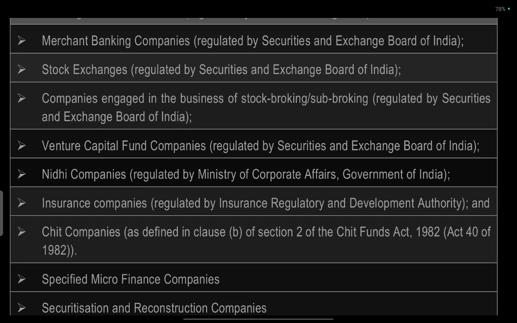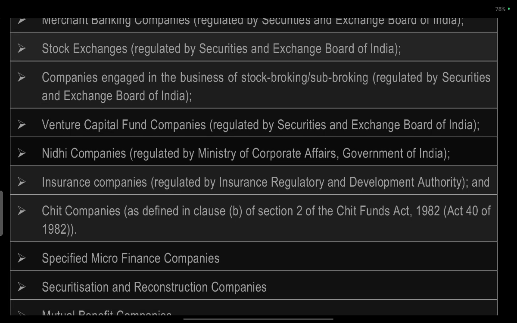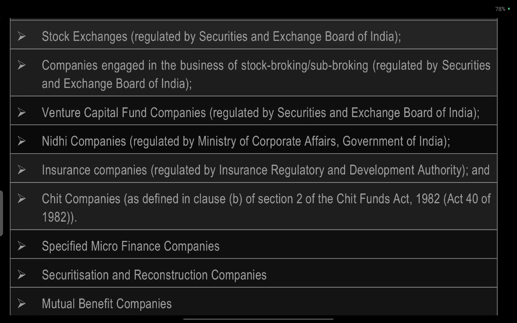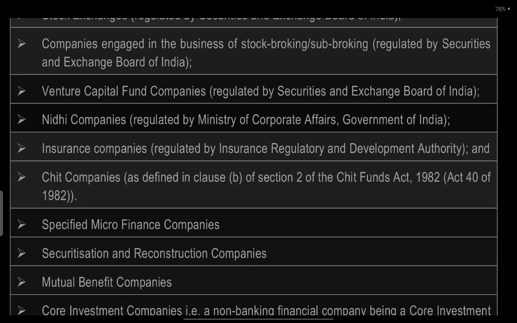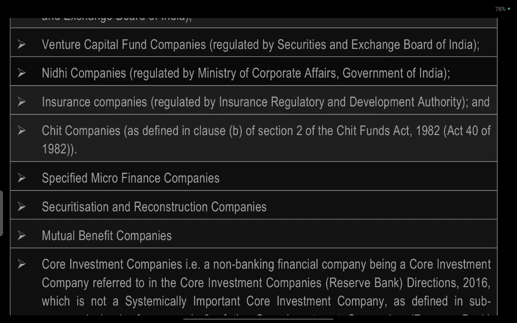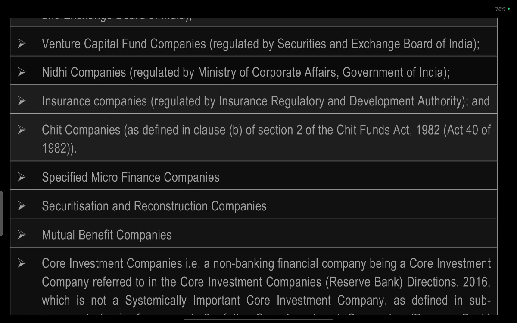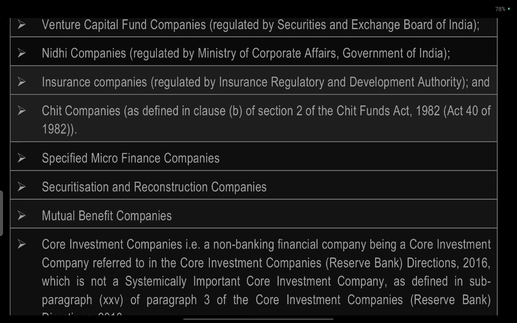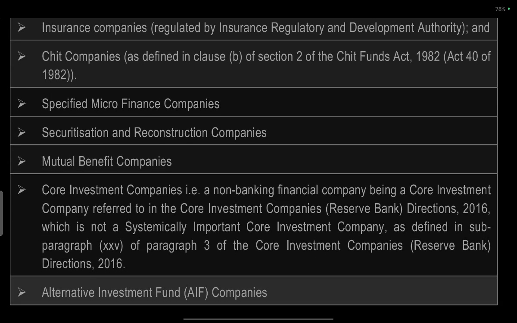Stock exchanges regulated by the Securities and Exchange Board of India. Companies engaged in the business of stock broking and sub-broking regulated by SEBI. Venture capital fund companies regulated by SEBI. Nidhi companies, under the Ministry of Corporate Affairs, Government of India. Insurance companies regulated by the Insurance Regulatory and Development Authority of India. Chit fund companies as defined under Section 2 of the Chit Funds Act 1982. Specified microfinance companies,